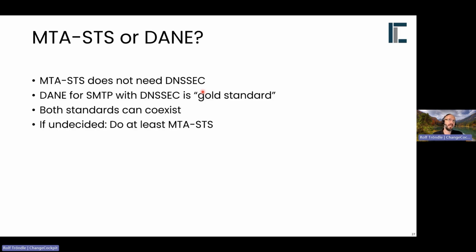Now, should you use MTA-STS or DANE? Perhaps you asked yourself during this presentation. MTA-STS does not need DNSSEC. So if you cannot use DNSSEC, then you have only the option to use MTA-STS. DANE for SMTP with DNSSEC is also called the gold standard, but MTA-STS is for most companies